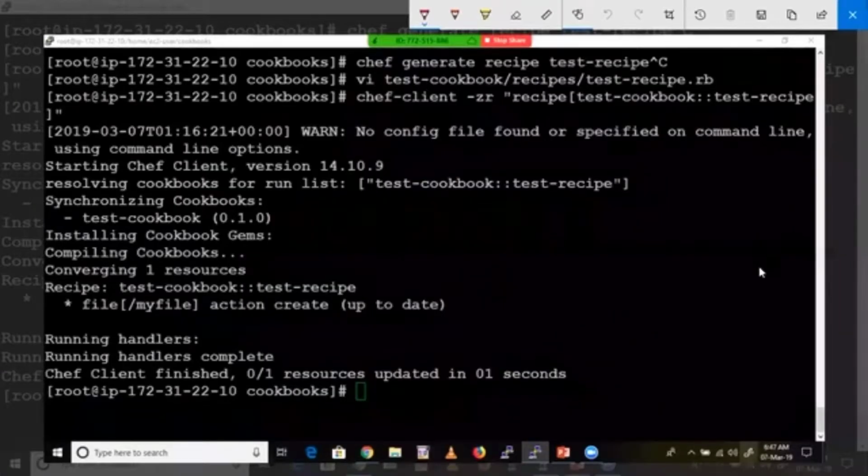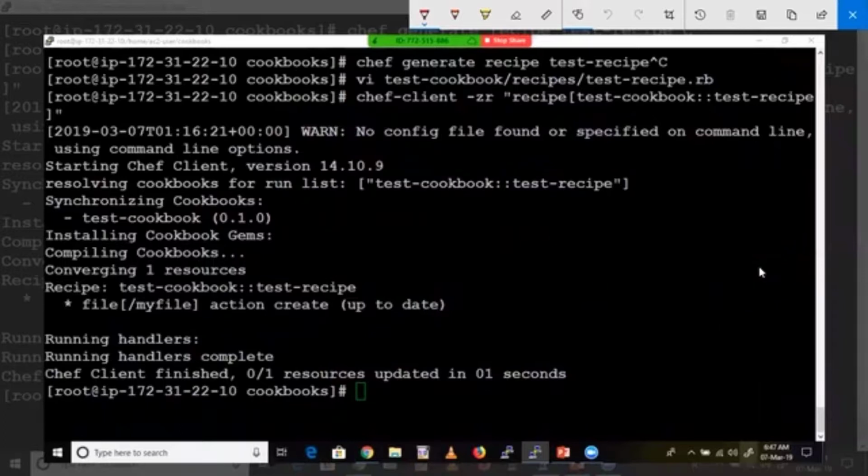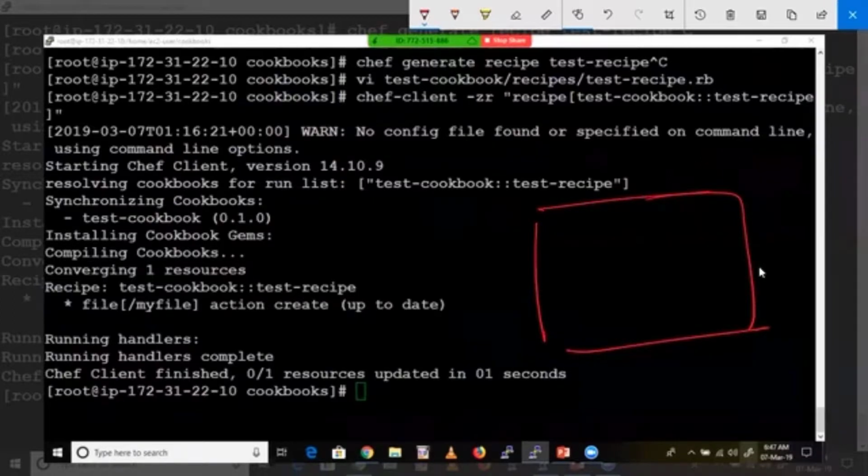Yeah, that I already explained to you, right? You understood whatever I explained in the beginning of this class. So I have created a workstation. In this workstation as well, when you install Chef, you'll get these two tools, client and UI. So what for? Just for testing purposes only, since you don't know how to write the code. So that's why everything now.